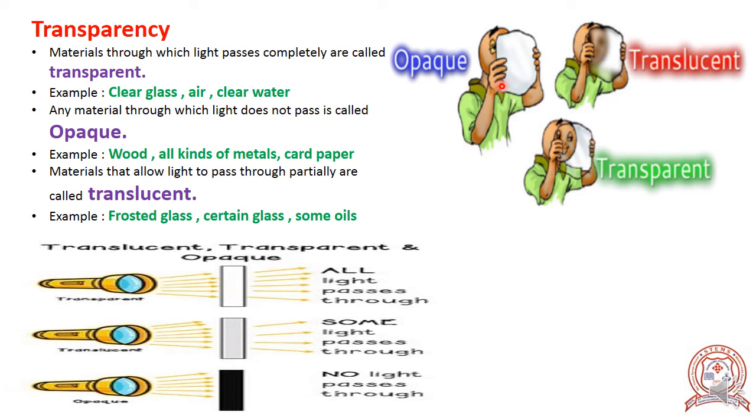There are some materials through which we can see but not very clearly. Look at the picture. Translucent glass. Look, they allow light to pass through them only partially. Some examples are frosted glass in bathroom windows, butter paper, tissue paper, etc. These are the examples of translucent materials. Such materials allow light to pass through them only partially.